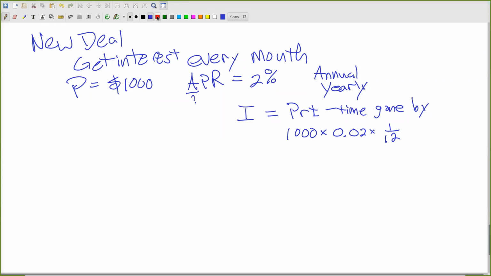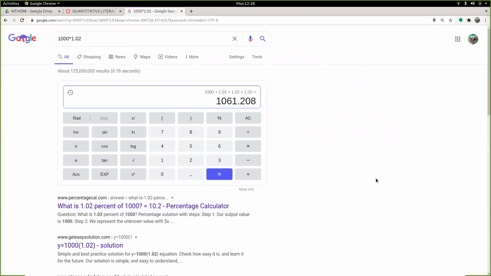And if I clean just this part up right here, 200ths times 1/12, well, that could just be written as 0.02 over 12. Now on the calculator, that's a little messy, so sometimes I like to stick with fractions on this. So I'll just show you what I mean here. If I take 2% as a decimal, which is 200ths, and I divide that into 12 pieces, one for each month, which is the fair legal thing to do. There's actually laws about that. It's